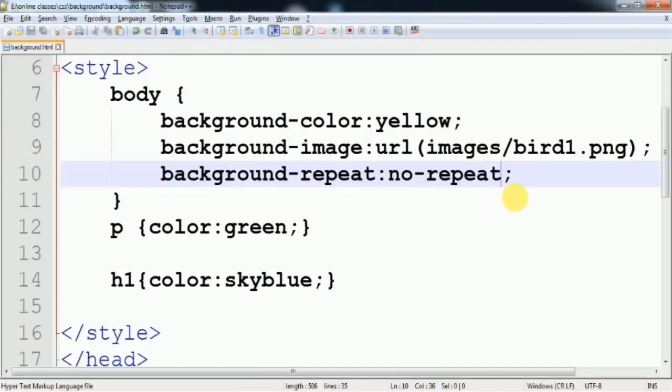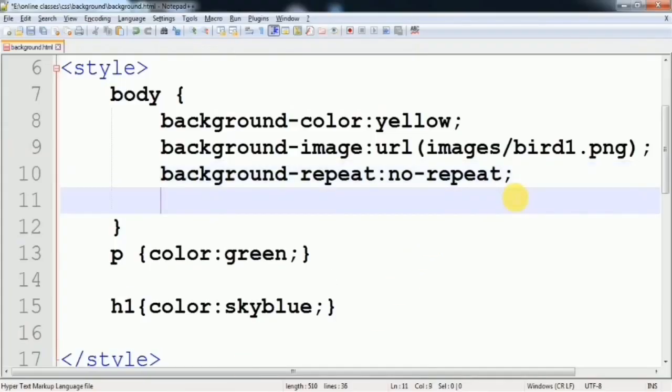Okay, now the next property I take is background attachment. Background attachment provides us the facility of attachment, whether the picture will scroll with the text or not. By default its value is scroll, but the possible values are only two, scroll and fixed.